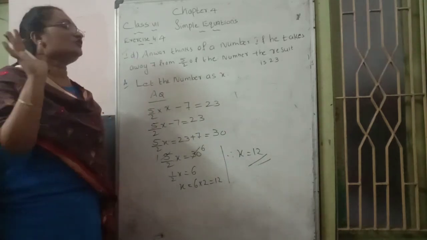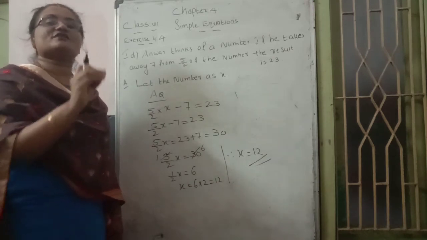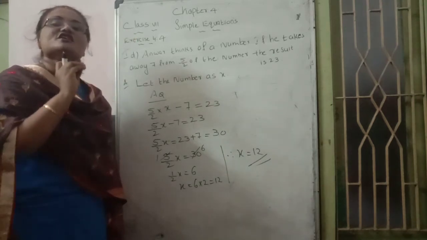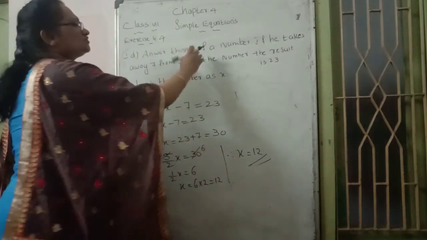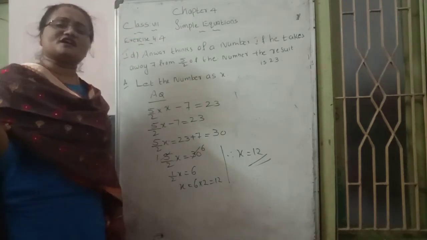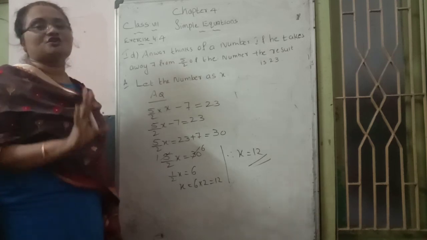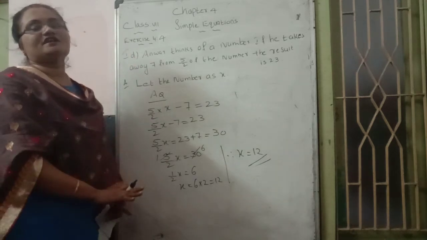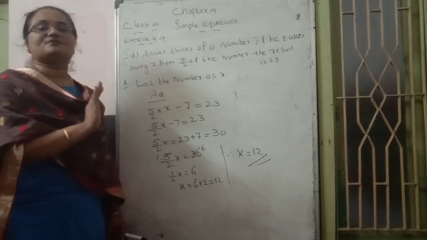Roman exercise 4.4, first Roman. In this way they frame it: first we frame the equation with the help of the statement, then afterwards solve for that variable. Always they give us an unknown number. So when a number is given like this, you can consider any variable, x or y or t or any variable, frame it as an equation, solve that equation and find out that variable's value. I hope you can understand this model question. This chapter is completed. Thank you.